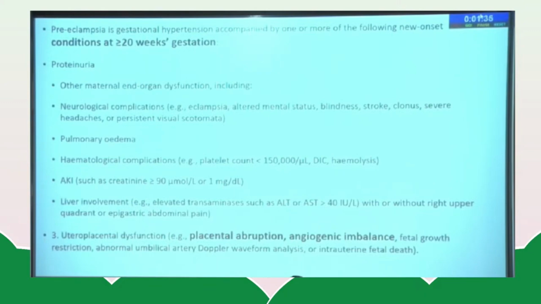But at this moment, I would like to slightly forget about the angiogenesis markers and pay your attention to the first line. This means above 20 weeks. I've been working quite long, and I remember everyone repeated to me that preeclampsia is always hypertension and something additional. In my point of view, that's not true,